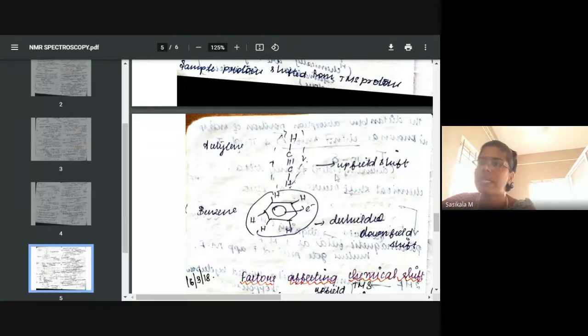The CH protons will be appearing towards the TMS, since the protons are inside the diamagnetic field. Unlike ethylene, where protons are outside the diamagnetic field, so it comes under downfield shift, whereas acetylene comes under upfield shift. Okay, the protons present in acetylene will be appearing at a higher field shift, meaning towards TMS. The chemical shift value will be less there.